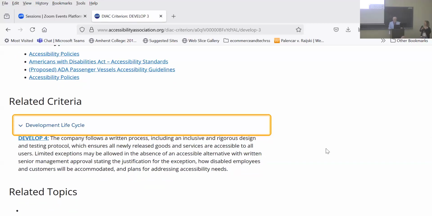The company follows a written process including an inclusive and rigorous design and testing protocol which ensures all newly released goods and services are accessible to all users. Limited exceptions may be allowed in the absence of an accessible alternative with written senior management approval stating the justification for the exception, how disabled employees and customers will be accommodated, and plans for addressing accessibility needs.